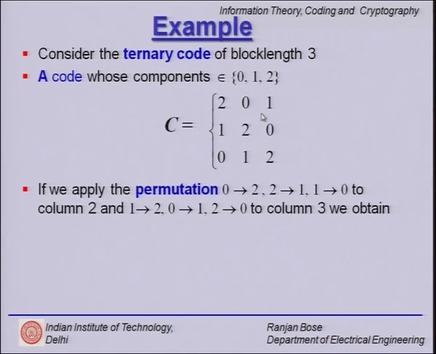Why is it a (3,1)? n is equal to 3 is obvious, because each of these code words is of length 3. But why is k equal to 1? k equal to 1 means the information word length is 1, that is either a 0 comes in, or a 1 comes in, or a 2 comes in. So if I were to represent this code in terms of a lookup table, I would do the following.